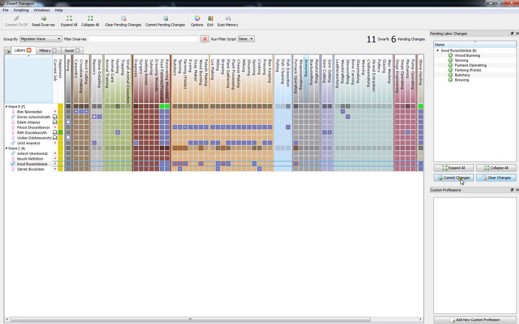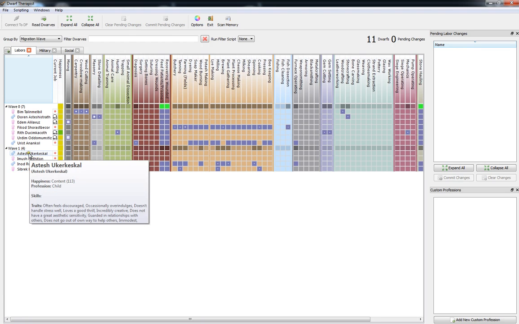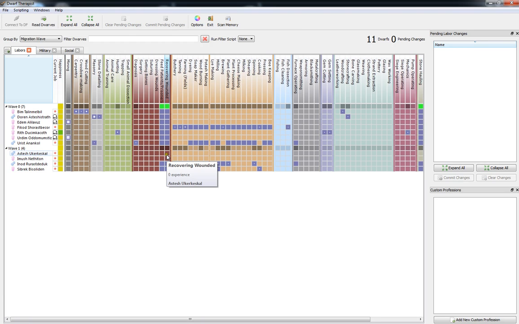So whenever you change anything, you hit commit changes and it will change that. So these two guys, if you notice, these two tabs right here are activated no matter what. They're called Feed Patients or Prisoners and Recovering Wounded. Those are in the